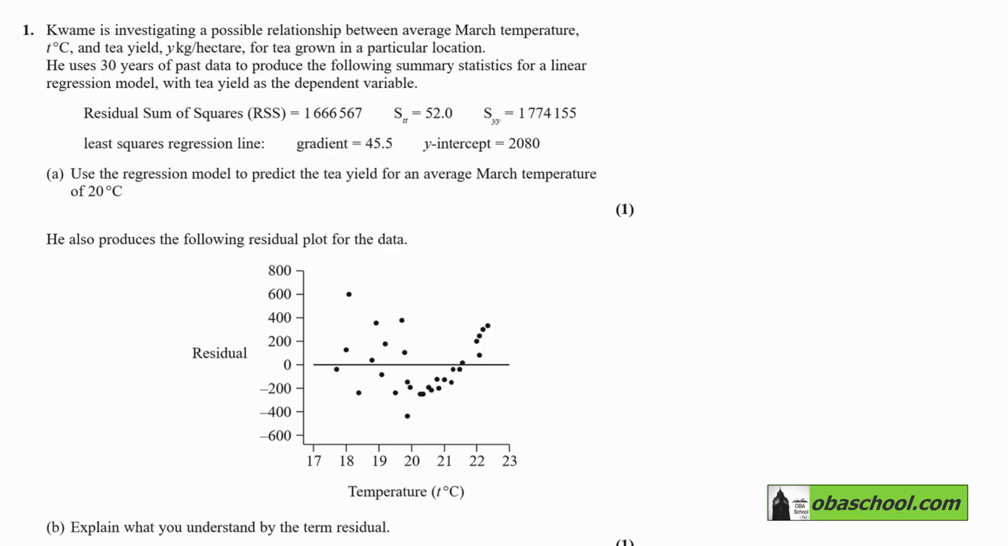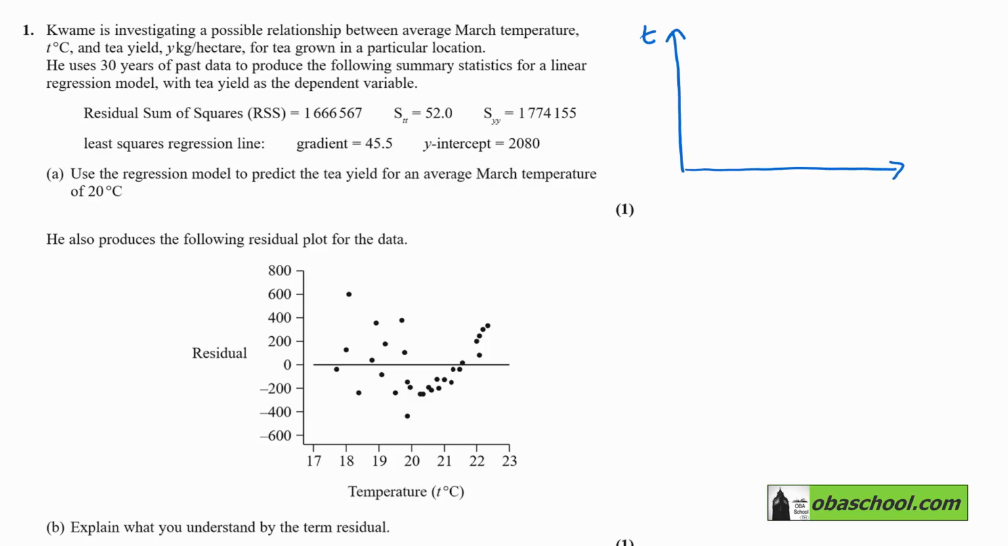Kwame is investigating a possible relationship between average March temperature, T degrees Celsius, and tea yield, Y kilograms per hectare, for tea grown in a particular location. He uses 30 years of past data to produce the following summary statistics for a linear regression model, with tea yield as the dependent variable, which means that we're having the tea yield on the y-axis